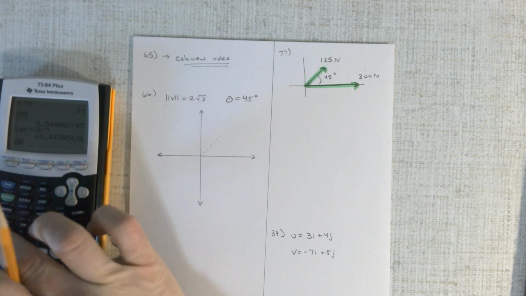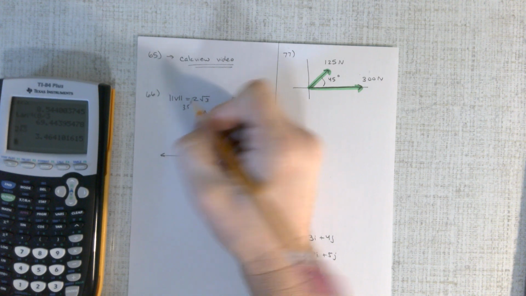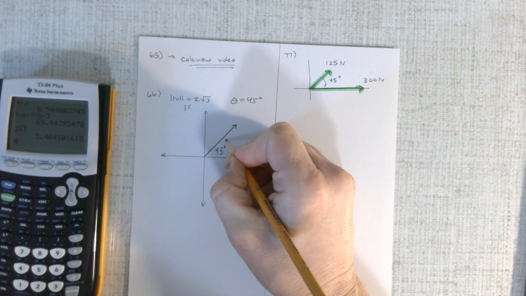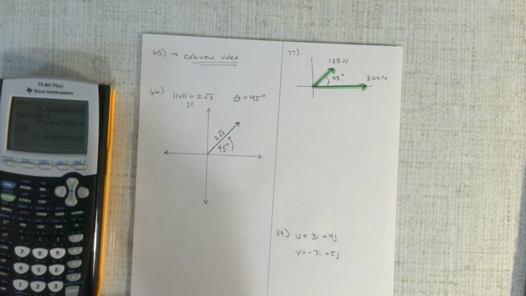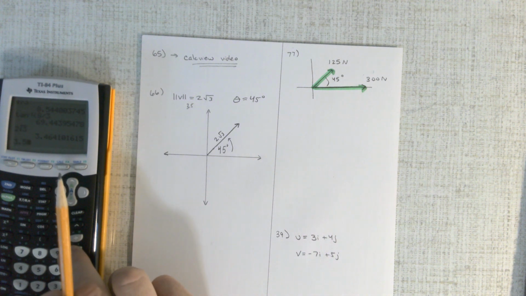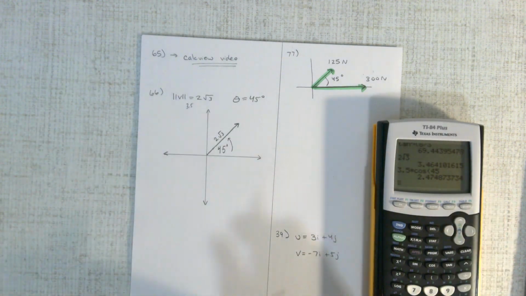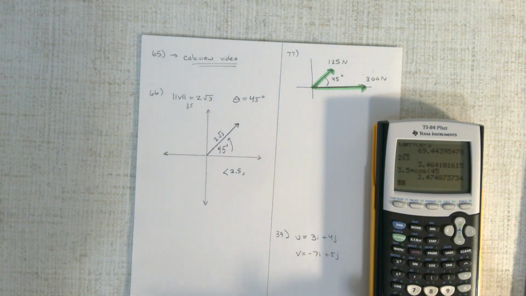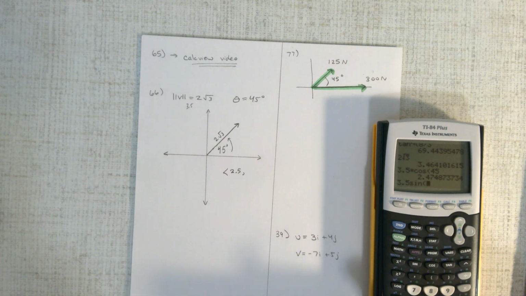So what is 2 root 3? Well, that's about 3.5. So whatever you want to call 3.5, I'm just going to label it. That's 45 degrees. Here, this is 2 root 3, or about 3.5. And now what are the components? Well, the components here are 3.5 times cosine of 45 degrees, and that comes out to be about 2.5, and 3.5 sine of